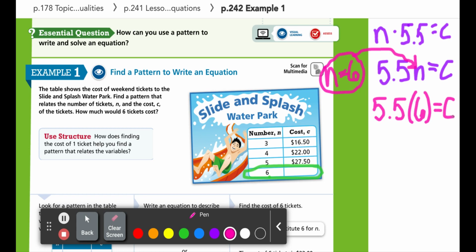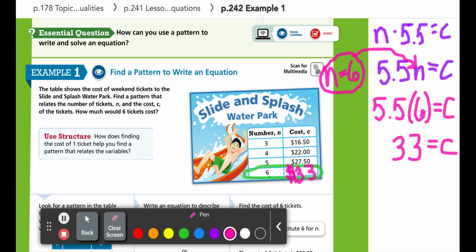Remember, there's different ways for us to write multiplication. We can use the multiplication dot. We can use the parentheses. When I plug in, sometimes I like to just use the parentheses. I think it looks nice. 5.5 times 6, put it in your calculator. What do you get? I got $33. So the cost, C, for 6 tickets will be $33. So our pattern here was that we multiplied the number of tickets times 5.5 because that was the cost